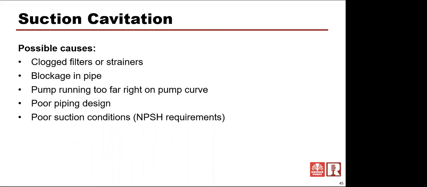So our pipe velocity goes up with that flow coming in, the pressure goes down as velocity goes up, and we're less able to fill all those vanes. So running out on the curve, not giving enough back pressure, absolutely can cause cavitation on the suction side of this pump. So it gets back to a poor piping design, maybe with that elbow